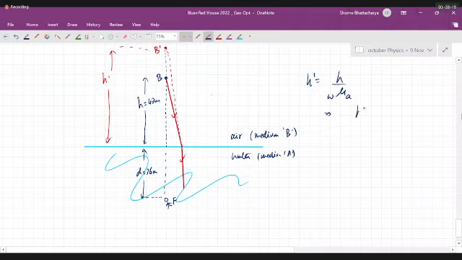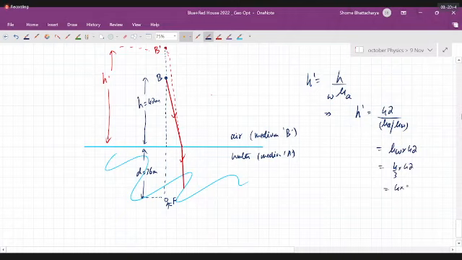So h prime becomes 42 divided by mu of A divided by mu of water. So mu of water into 42. 4 by 3 into 42. 4 into